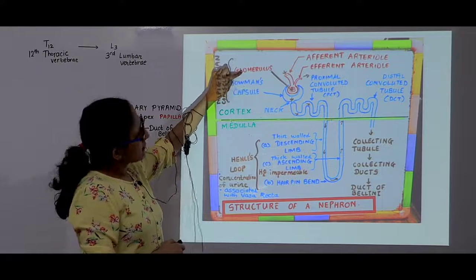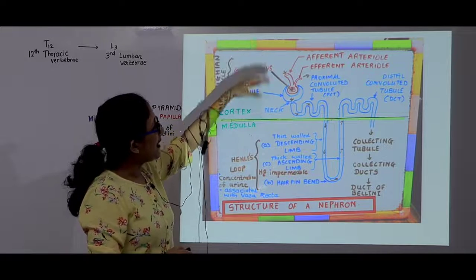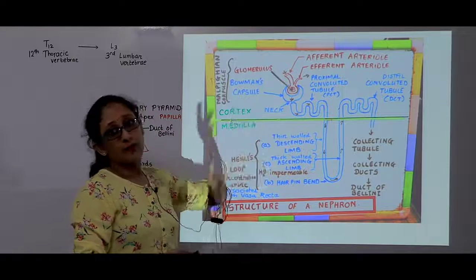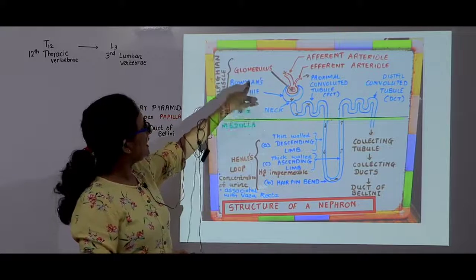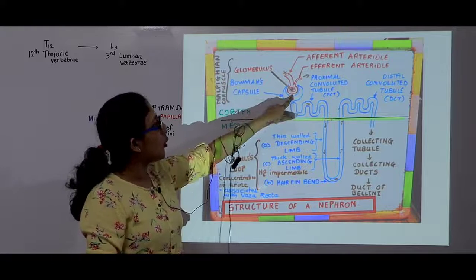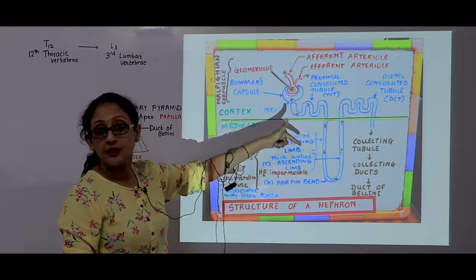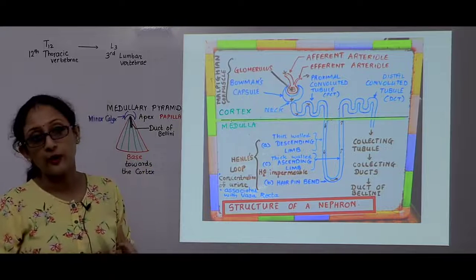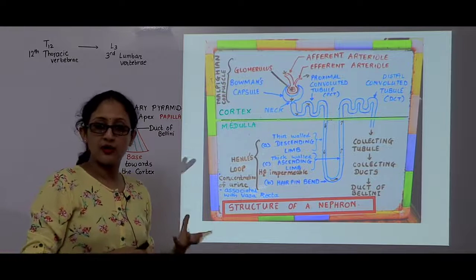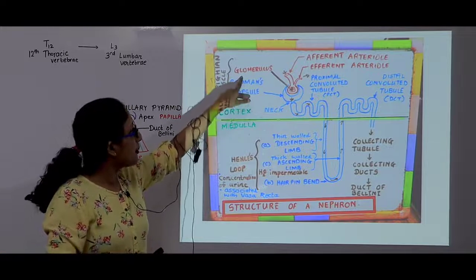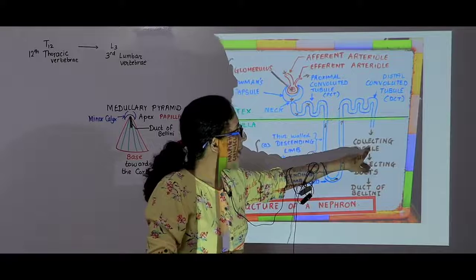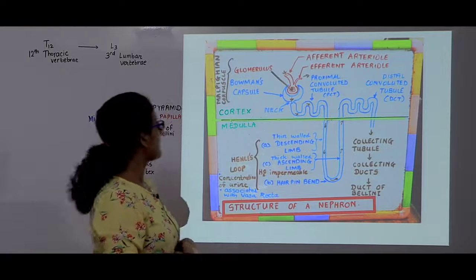From the glomerulus, the urine will be filtered out through the blood. So there is blood in the glomerulus. That filtered blood will be called the urine. It has to pass into the Bowman's capsule. So this is the proximal end which is blind. I told you there is no hole in it. It filters through it. So blood has to filter out through the glomerulus and the Bowman's capsule, then it enters the nephron. So the proximal part is blind, which is the Bowman's capsule, and the end, that is the DCT, opens into the collecting tubule.